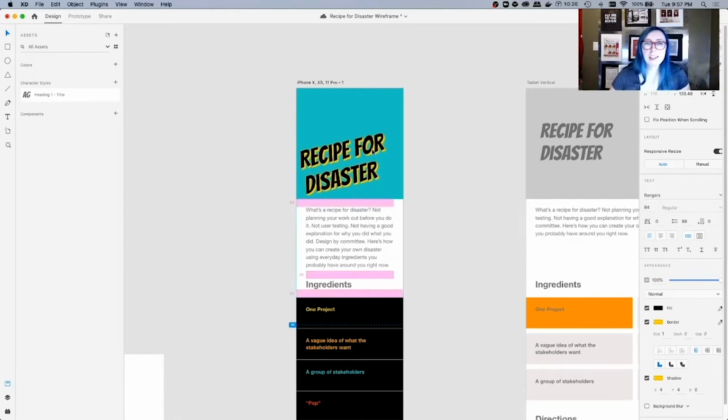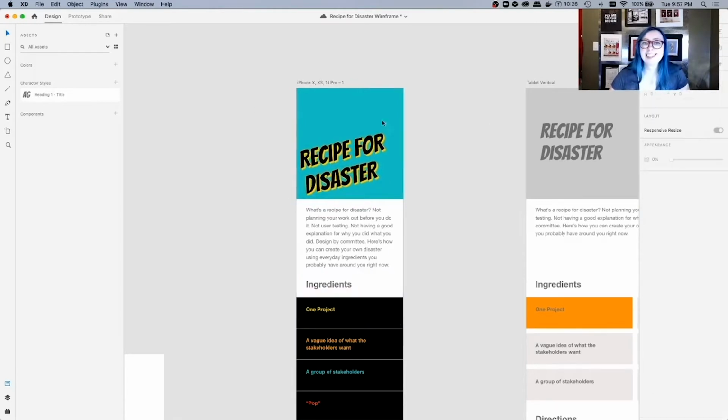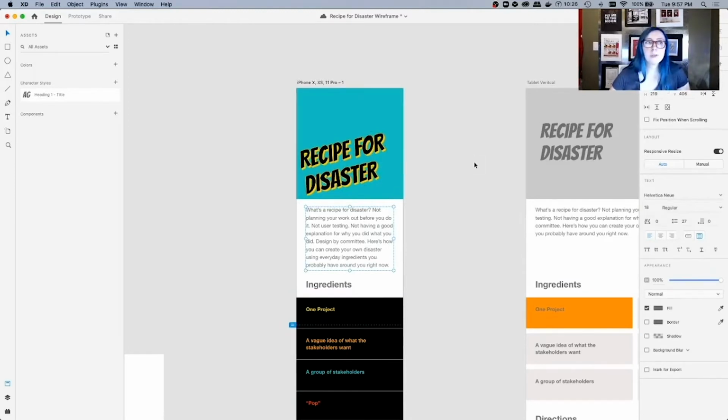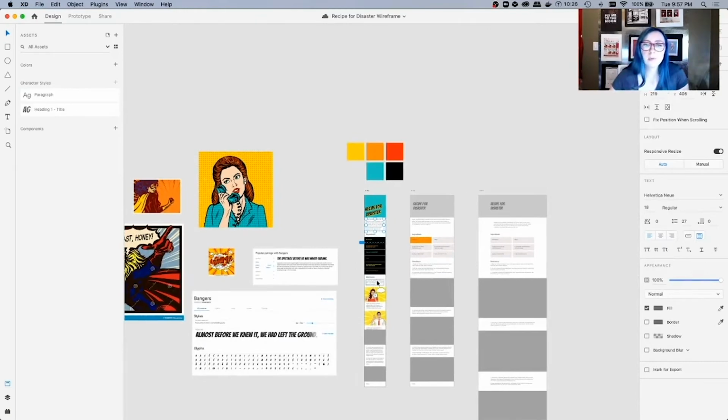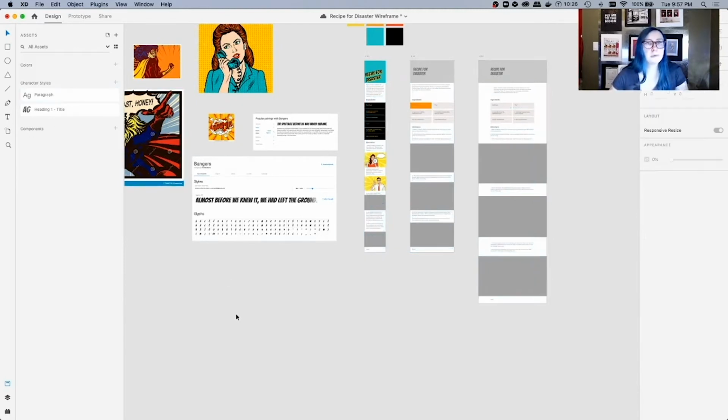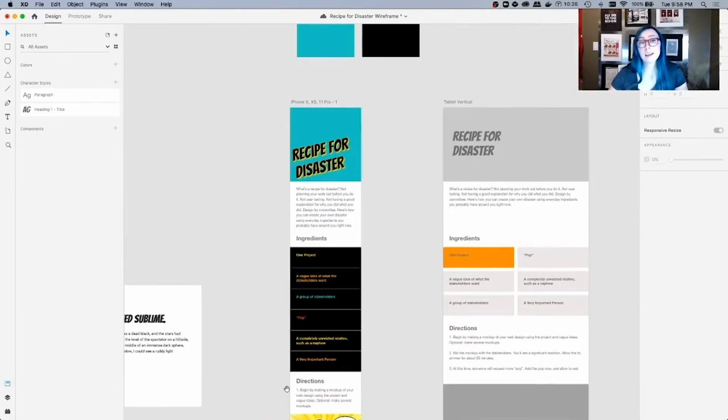So let's play with the positioning of this. I like this. This is fun. Going back to our character styles, this is like our body copy, right? So maybe we want to use a body character style. Let's go ahead and add based on that. We're going to rename this to paragraph, and then we're going to edit. Before we edit it, why don't we select everything, zoom way out, and shift click to select all our paragraphs so that we don't forget that this is all going to be the same body copy. We can change them all at once. Okay, so select paragraph. Awesome. Now when we edit that, it's going to apply everywhere.